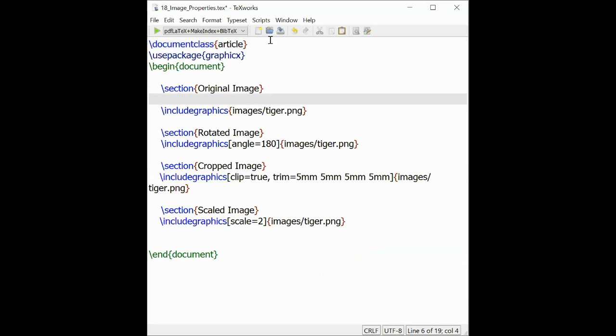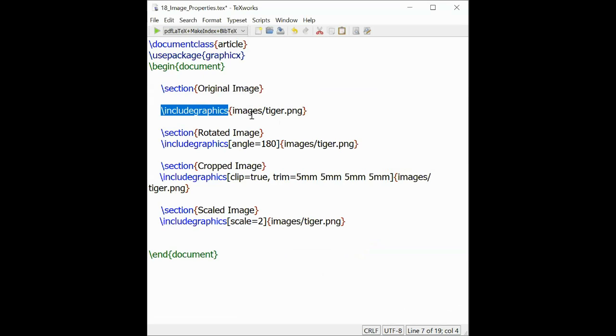It is very important that you use the package graphicx. Only then can you include an image in your document. So you have to put include graphics images slash tiger.